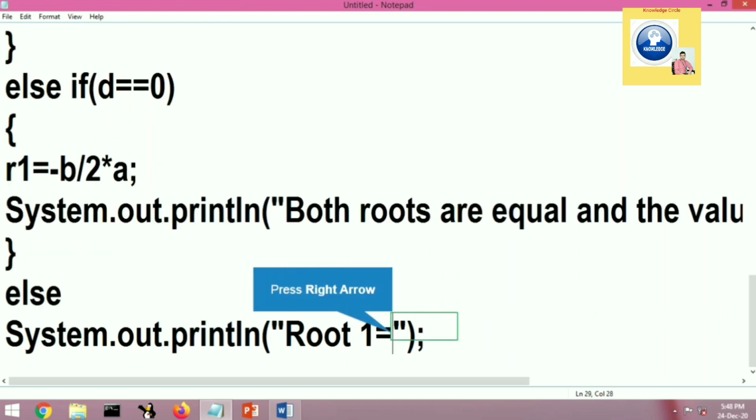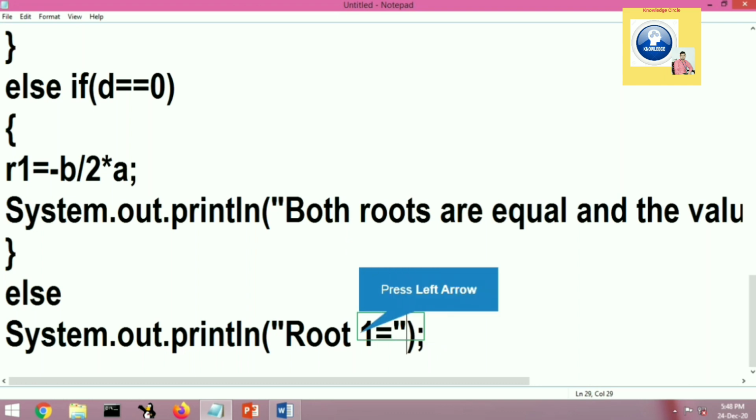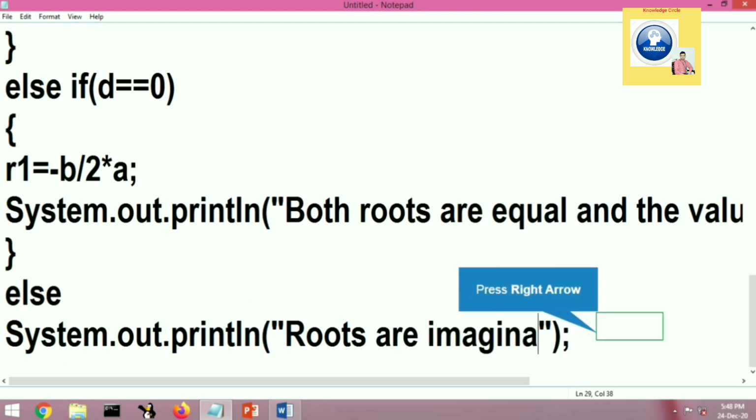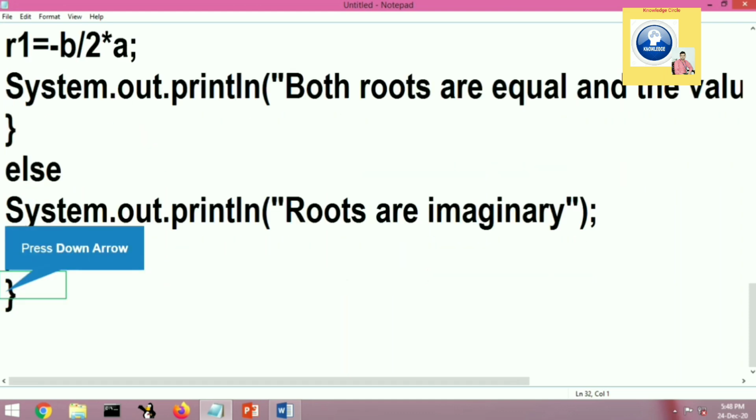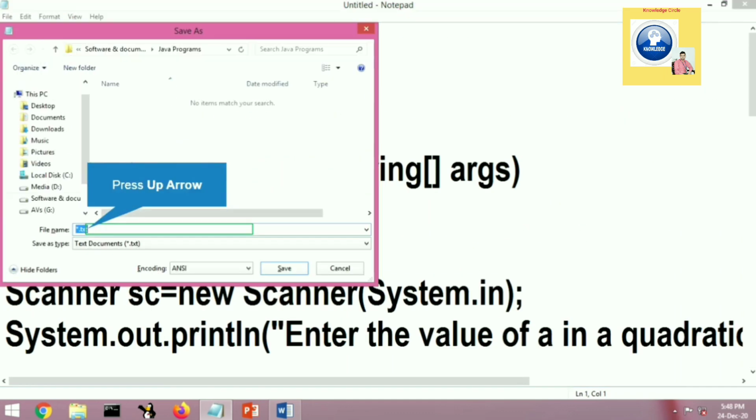I have already told many times that if the statement is only one line, no need to use the braces. So we write a simple message. If the value is lesser than 0, it means that B square minus 4AC is in negative form. So let's write here: roots are imaginary. Okay, let's close the main function. Let's close the class.